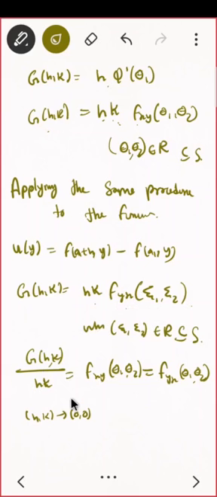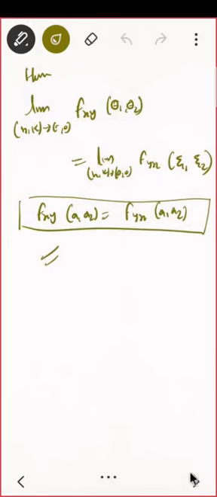Now look at that, if I am taking the limit h and k tending to 0 0, that means what? I am squeezing that rectangle, so my points will be what? My points will be f of xy at e1 e2, and f of yx at e1 e2. That's it. So yes, this is your final answer. This is how we proved it.